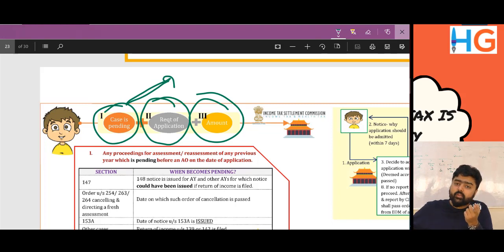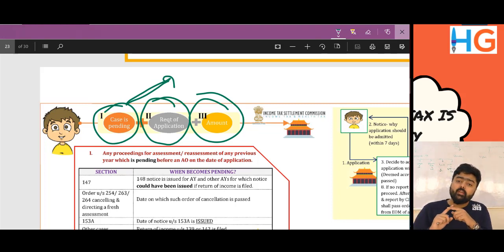What is he saying to God? That I have done a lot of bad things in my life. I have escaped this amount of income on which tax is this much. He's saying to God, I'll pay you interest and tax and everything. Just release me from penalty and prosecution. His request to God is to prevent him from penalty and prosecution. God cannot make him tax free. He may make him penalty free. Okay, penalty and prosecution free.